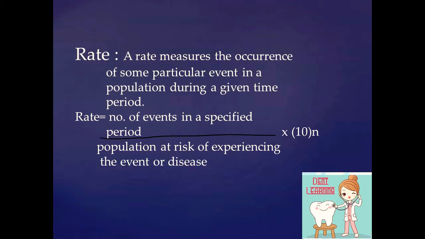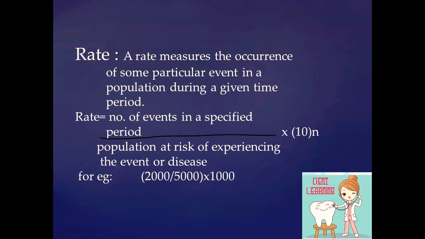I'll give you an example here. Let us take the prevalence of caries in 5,000 school-going children. During the oral examination, out of these 5,000 children, 2,000 had dental caries. Therefore, the prevalence rate of caries will be calculated in this way: 2,000 divided by 5,000 into 1,000. Here you can clearly appreciate that 2,000 is a part of the denominator. Numerator is always a part of the denominator. In this way, you can calculate the rate of dental caries occurring in 5,000 school-going children.